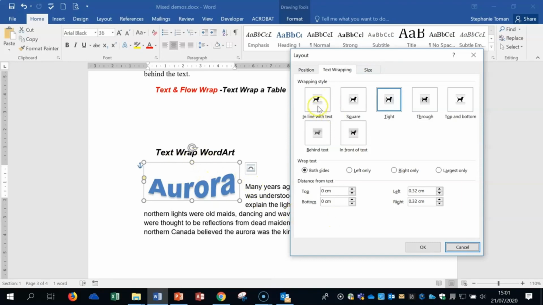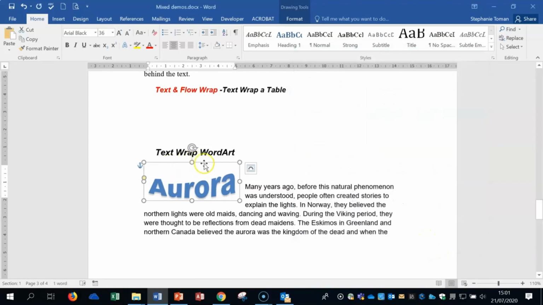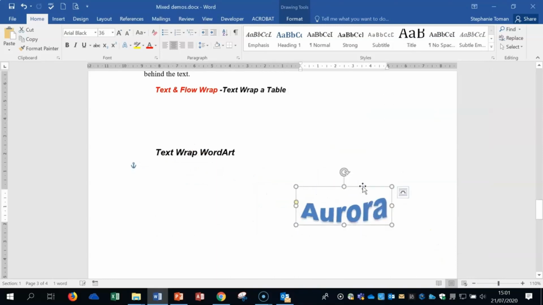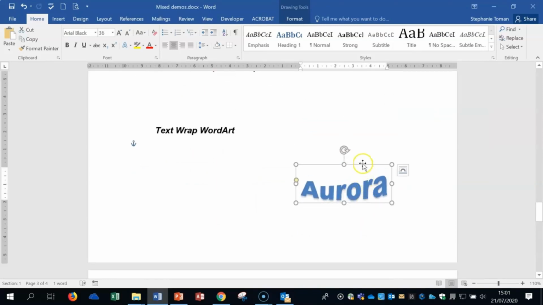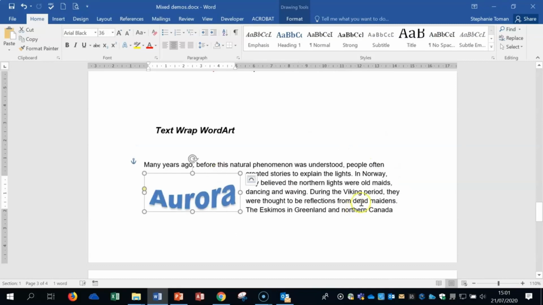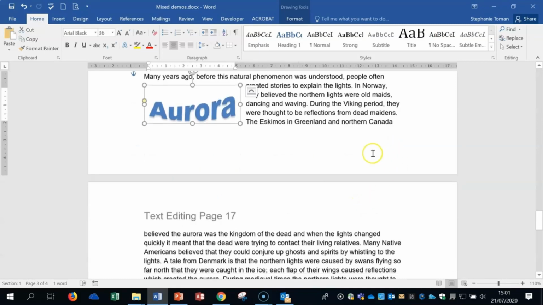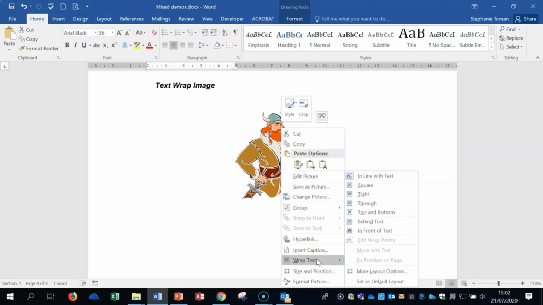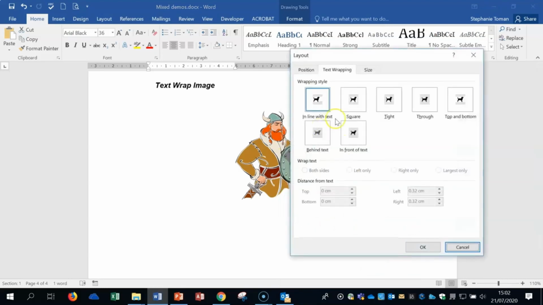And this WordArt now can be wrapped square, and it could be wrapped both sides, right only. Okay. And then when you drag it, you can see how the text has gone down there. Always goes to the right of it if it can. Okay. This picture here, same again, wrap text, pretty much the same as the previous WordArt, more layouts, and we